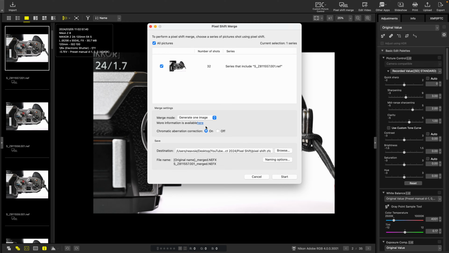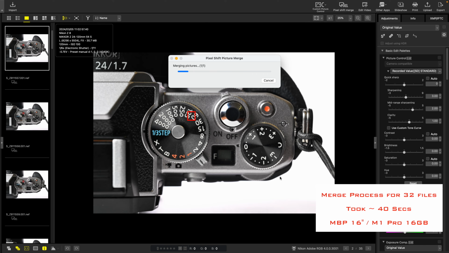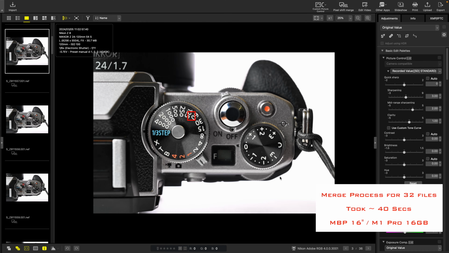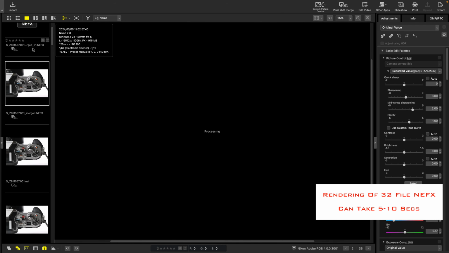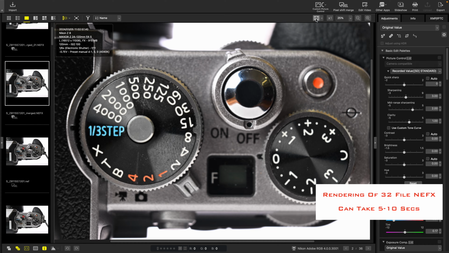Once you've chosen the group, NX Studio gives you the option of how many output files to generate and where to save the files. The merge process creates a file with an NEFX suffix. The merge file can be processed in NX Studio pretty much like a regular RAW file. The NEFX format is also supported by Lightroom and Capture One, so it can be imported and processed in those